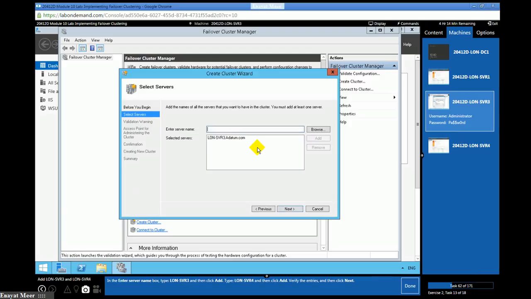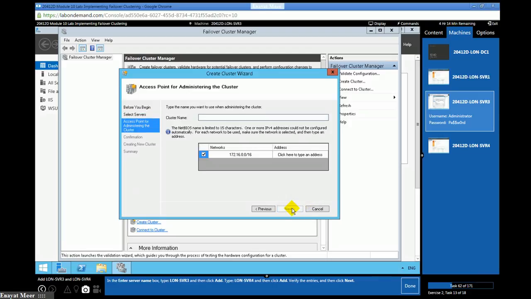So you are selecting those servers first. You remember you added this feature on both. Alright, so now you're going to name the cluster, and then you have to select an IP from the recommended IP addresses.